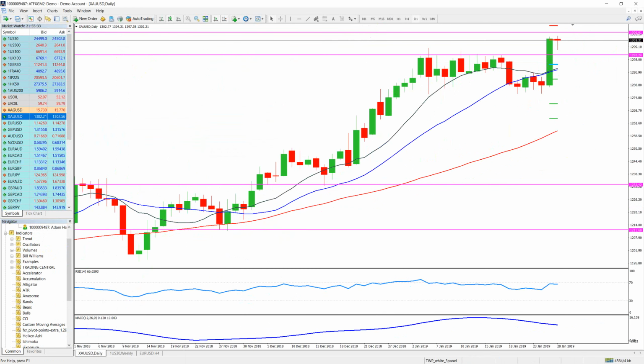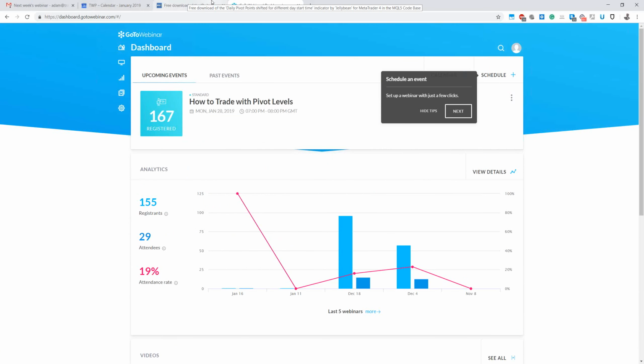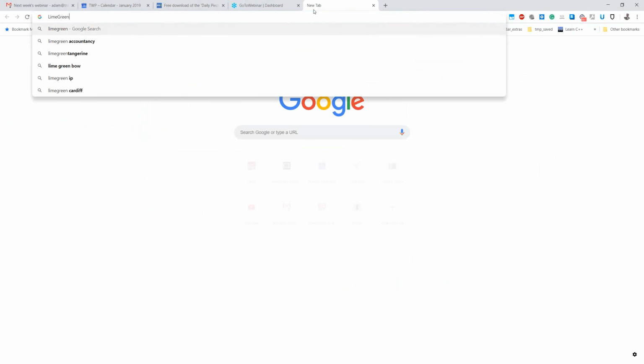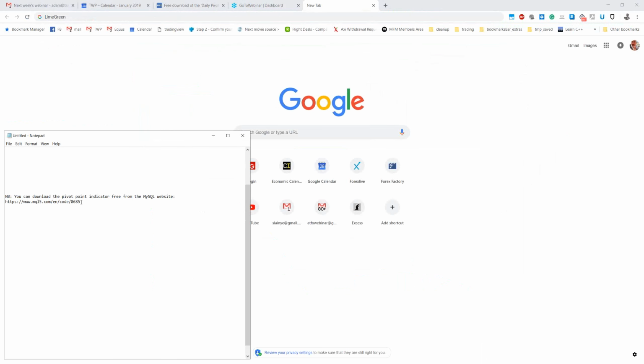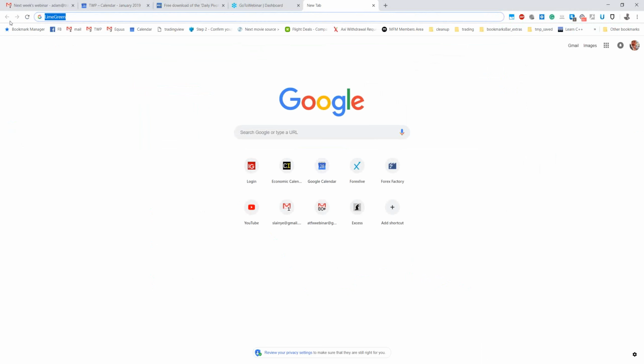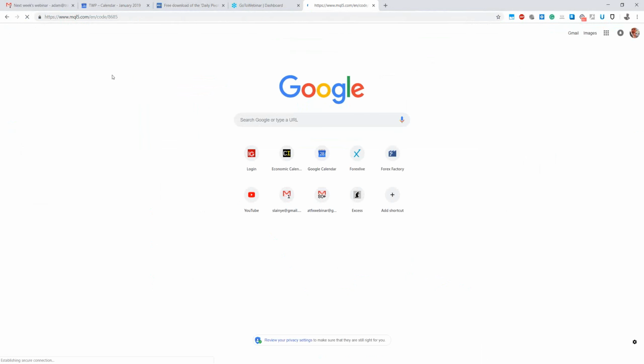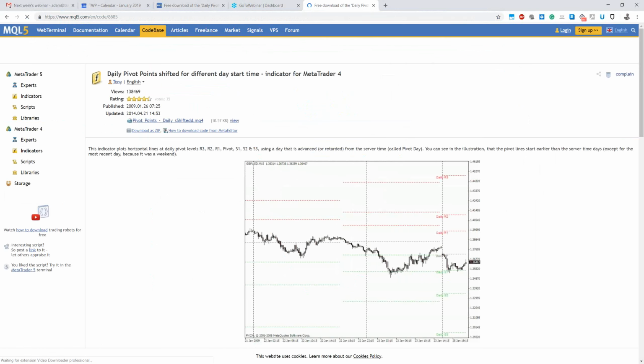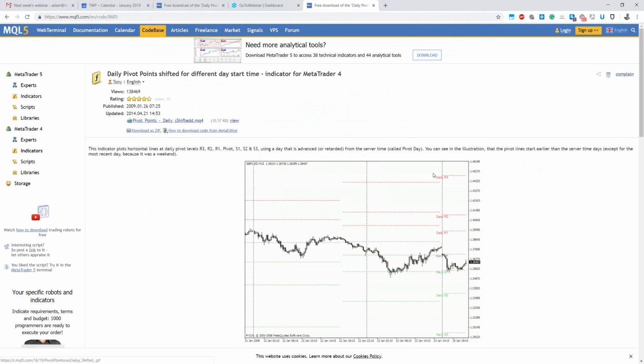So let's just say that I went to a website. So I was given a link. So there's a link that I might potentially want to go to. Let's just go and find the link that was given. So this is the link for one of the indicators. Okay, there's usually one, but I can go and find different indicators in the market. So let's say I find this one and I like it, or the one that I used, different ones, and